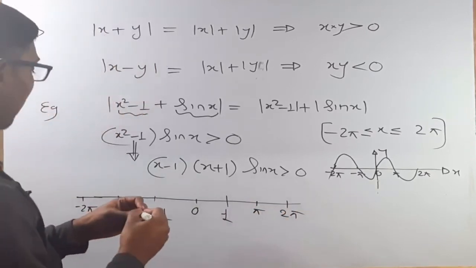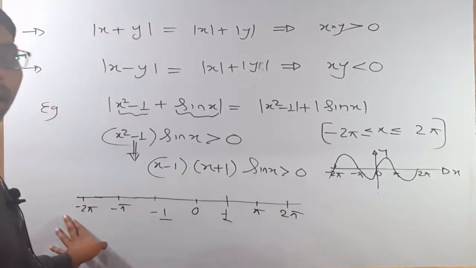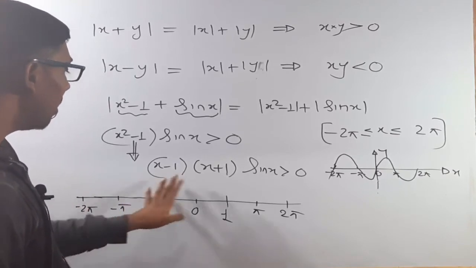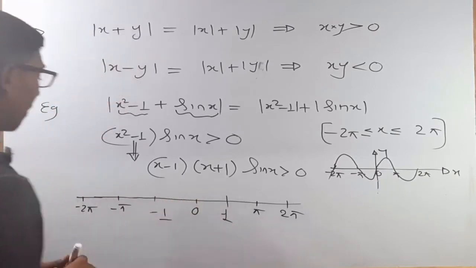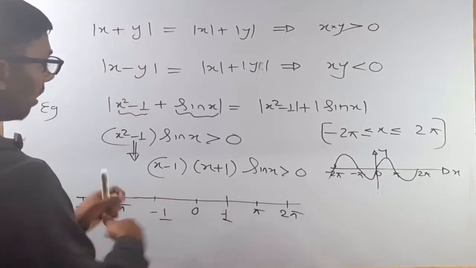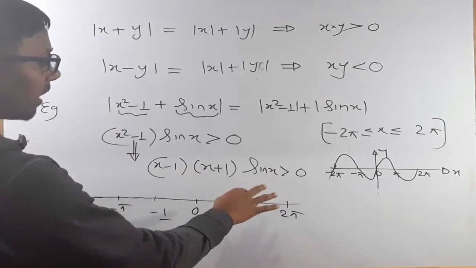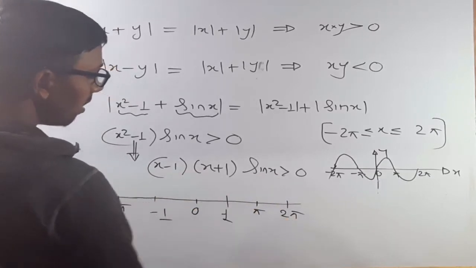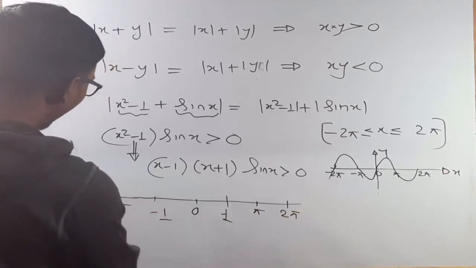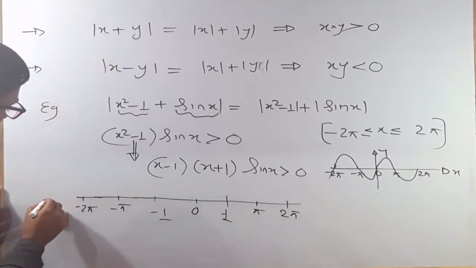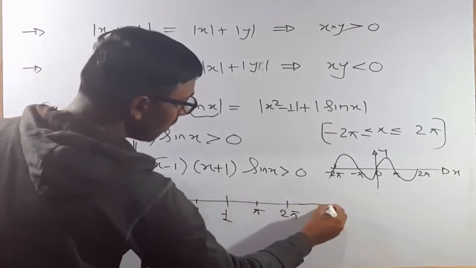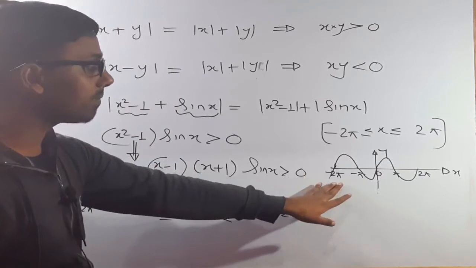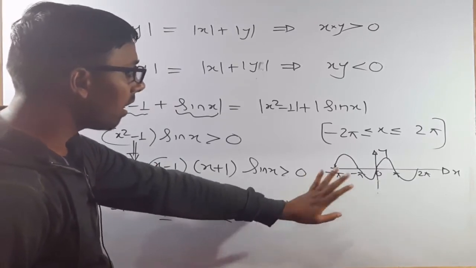So this is how we can draw each and every point on the number line based on the magnitude of each and every point of inversion, okay. So now what we will do, we need to simply collect the values of x for which this inequality is satisfying, okay. So we need to lie in between minus 2 pi to 2 pi, okay. Other values will also be there, but we will not consider other values of x for which this sine function is changing its sign, okay.